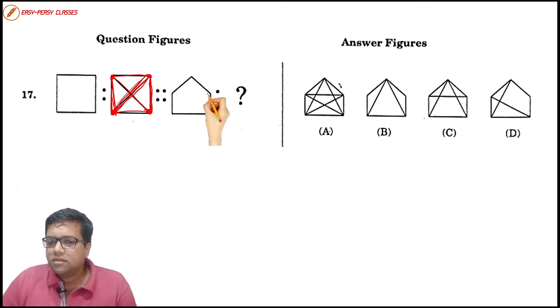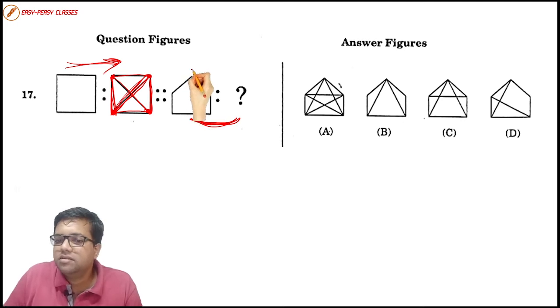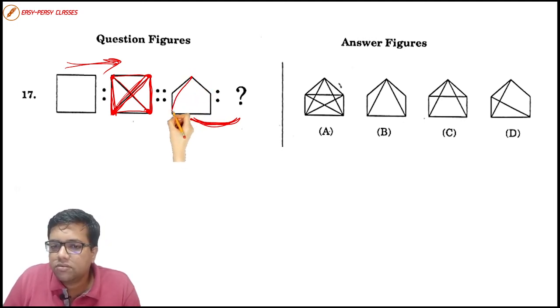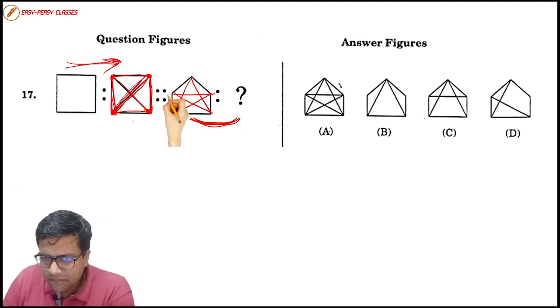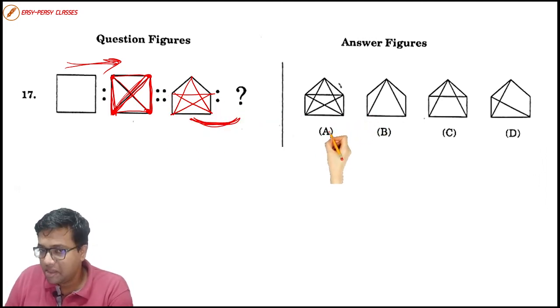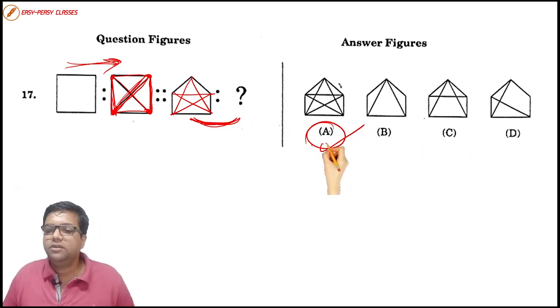So in our third figure, according to this logic, what happened over here, same thing will happen over here as well. Means the same figure, all the corners will start getting connected like this. This is going to be our answer figure. Do we have such a figure in our options? Yes, we do have it. We do have it in option number A. See, option number A has a similar figure. So without even looking further, you can mark it as option number A.